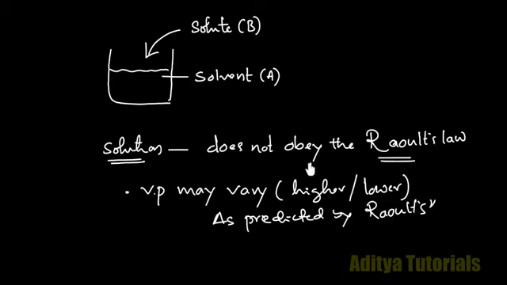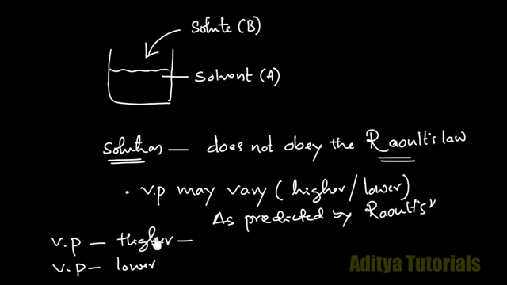And therefore we term it a non-ideal solution. So if the vapor pressure is higher or the vapor pressure is lower than that predicted by Raoult's law,